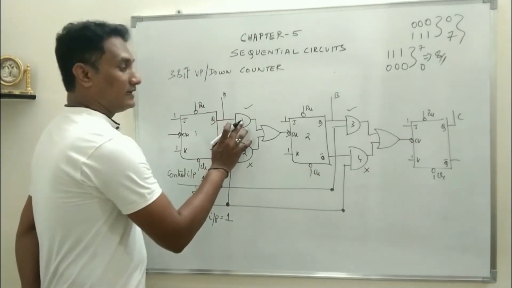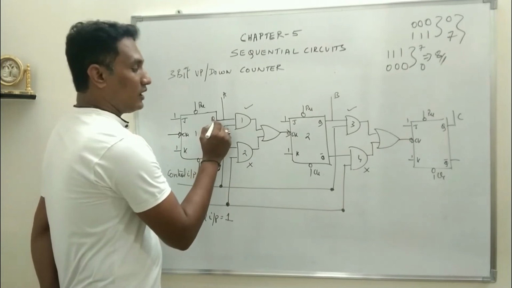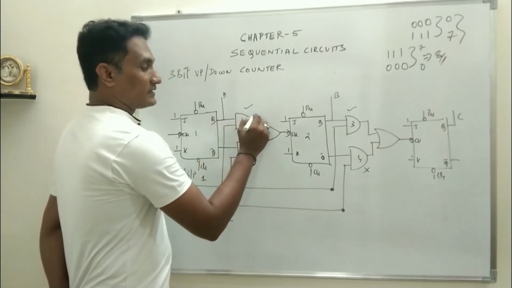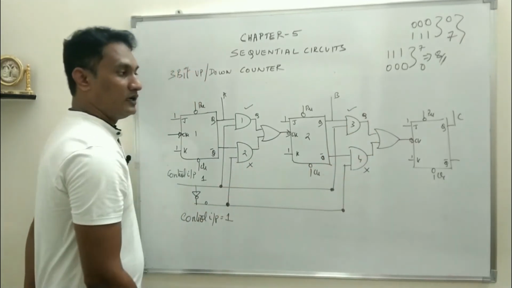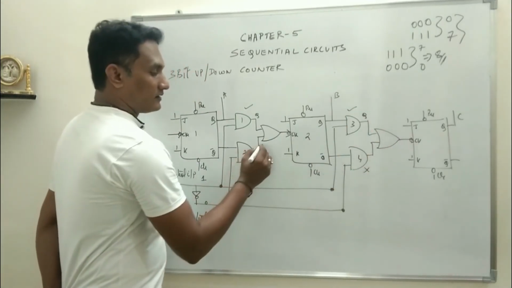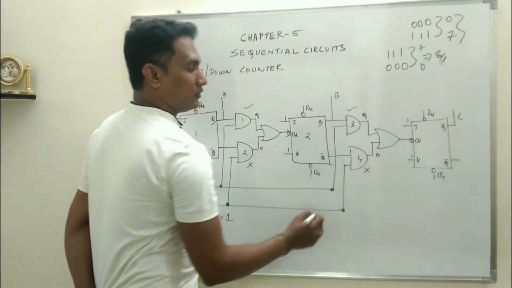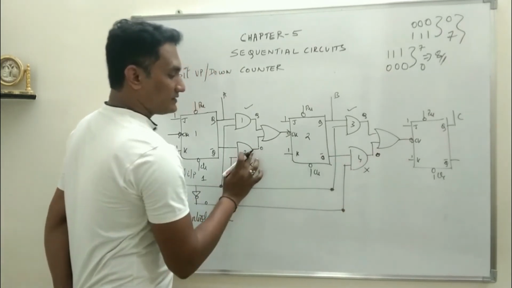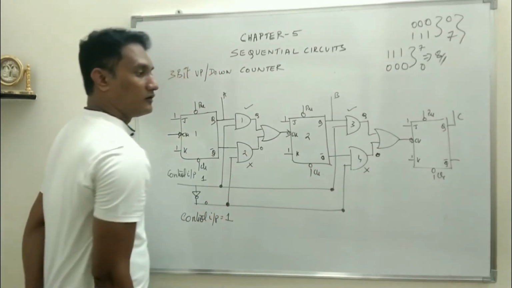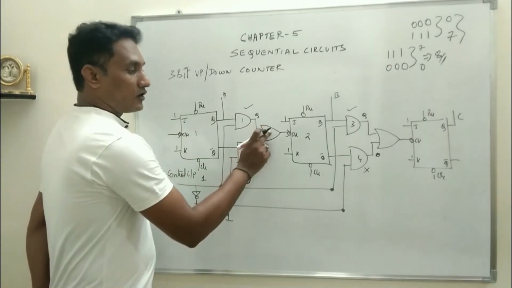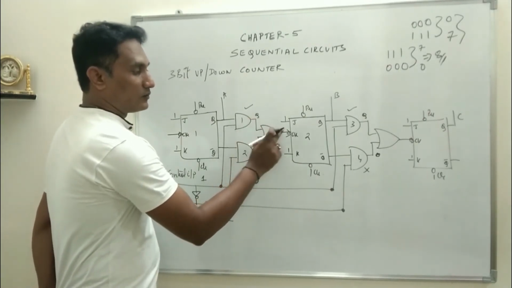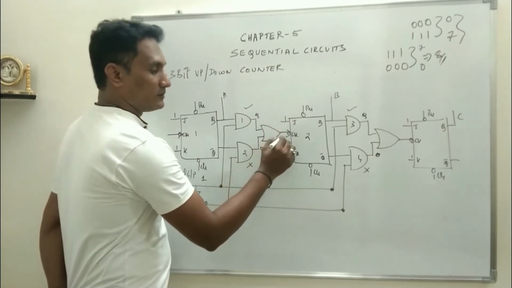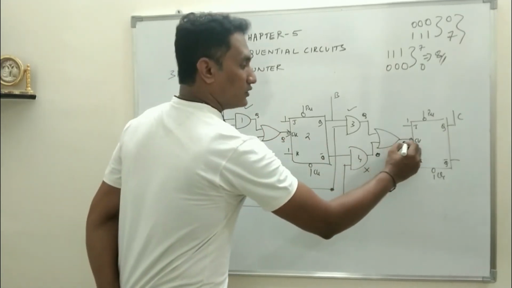Again, what that implies is that the Q output of the first is the output. Of course, the output of 1 and 3 will depend upon Q. And for the OR gate, the other input is 0, because these AND gates are disabled. So the output of 2 and 4 will always be 0. So for the OR gate, there is one input as Q and the other input as 0. If Q is 1, the output is 1. If Q is 0, the output is 0. That means Q will be transferred to the output.